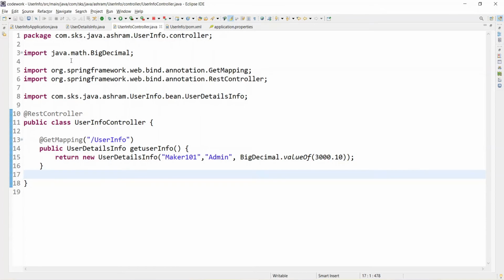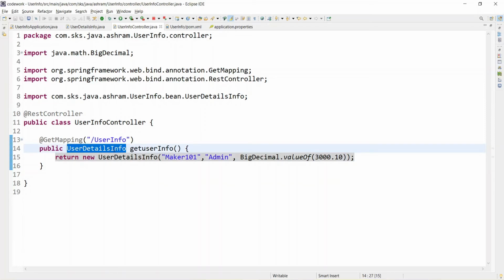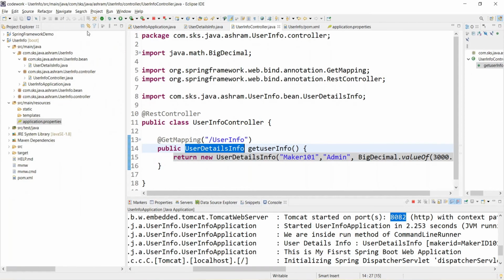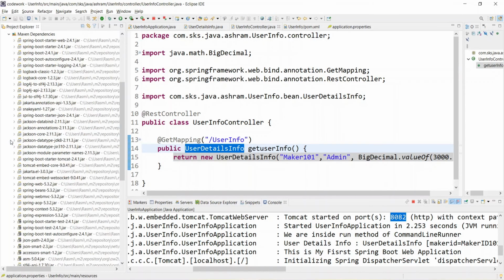That second thing is okay, but the first thing, how this object gets converted into JSON format, is because of the Jackson dependency. Jackson is a library and tool which is implemented for Spring Boot to convert all the data by default into the JSON format.